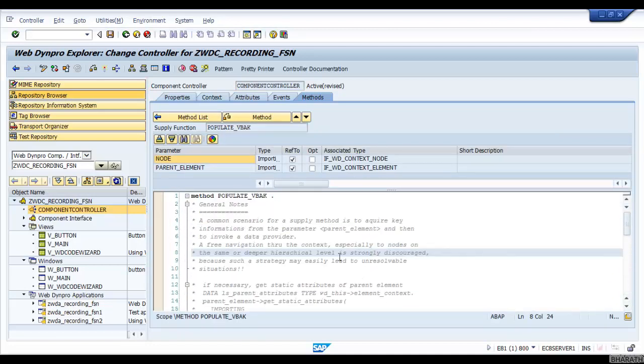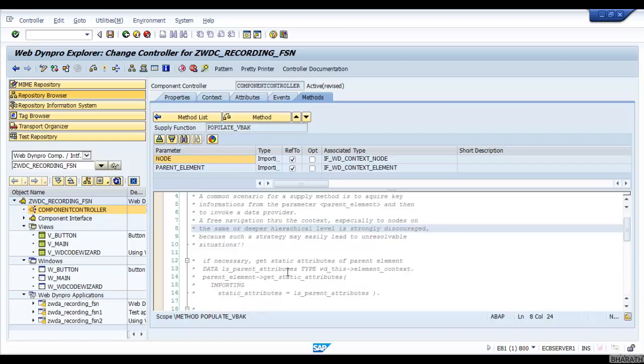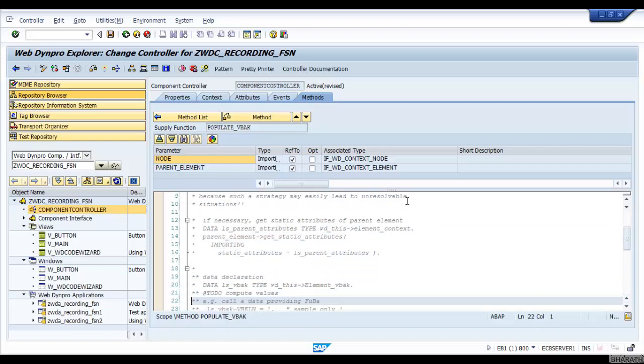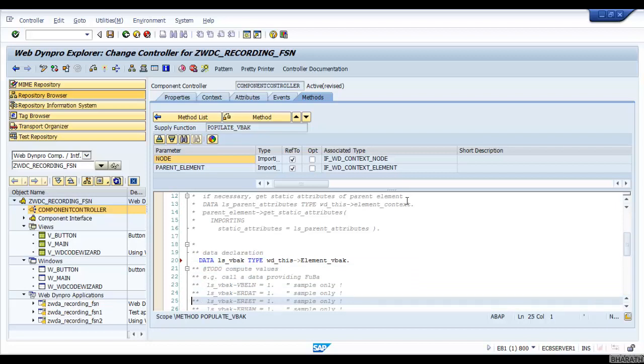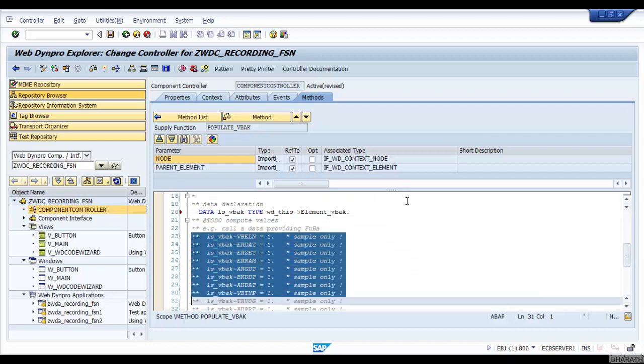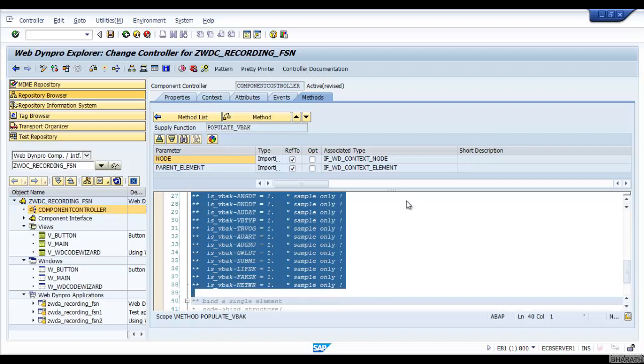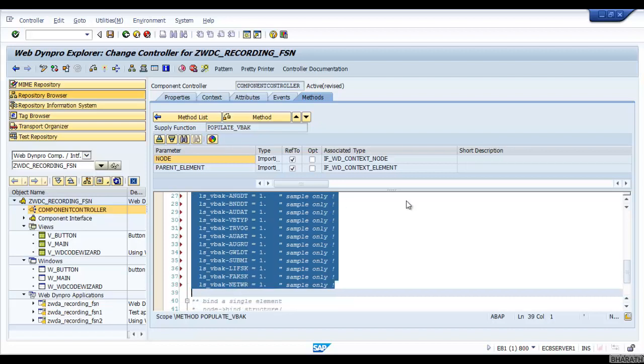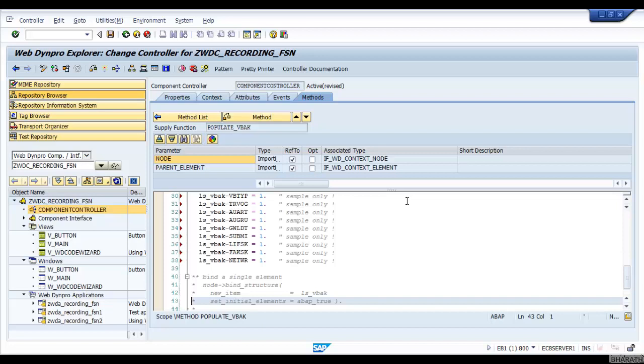Now everything is commented. You can uncomment whichever code you want. Okay, now go here, I am just uncommenting it. This one, uncomment it. You can uncomment this also. Now this is bind structure.